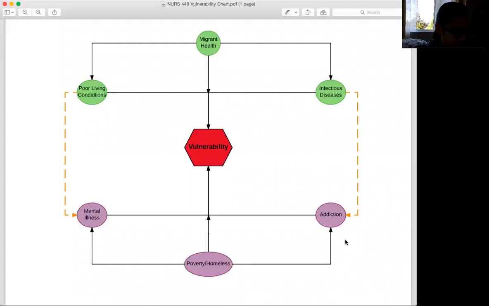Then comes addiction. A lot of these come from this type because they have had some kind of traumatic event, or as Dr. Harris said in last week's TEDx video, they have ACEs, or adverse childhood experiences, poor health, and they do dangerous activities. So you can interrelate these three: homeless, addiction, and mental illness. They all kind of play into each other. Most of the time, those that are homeless,